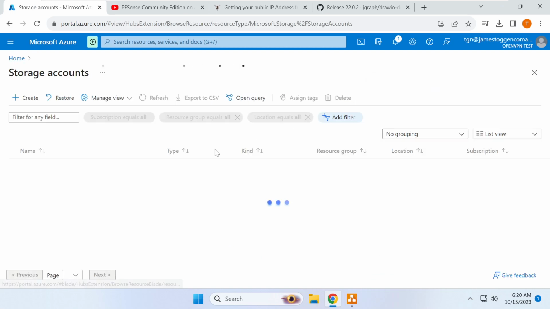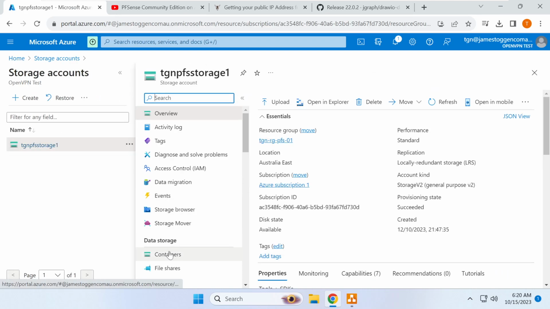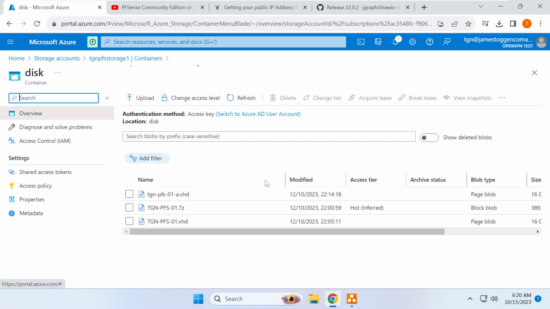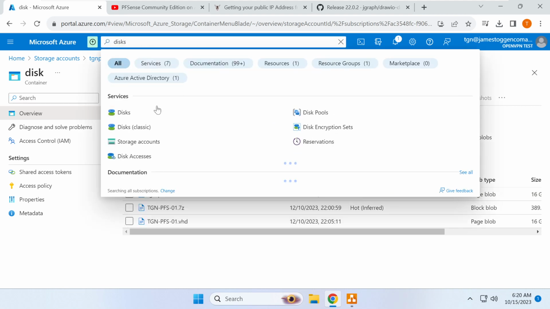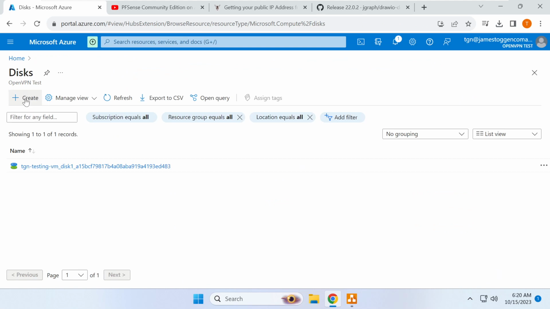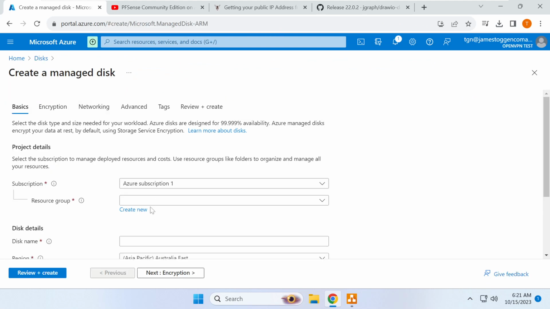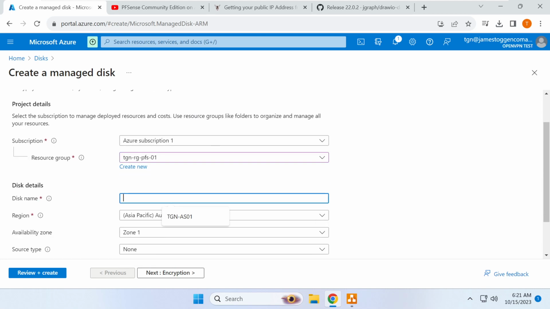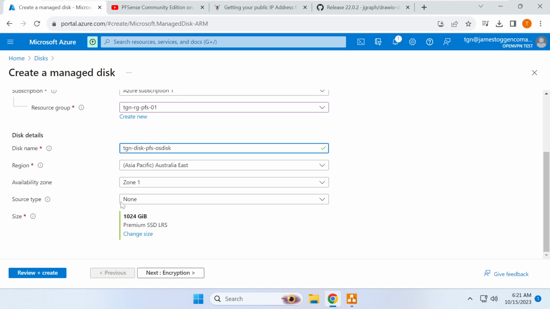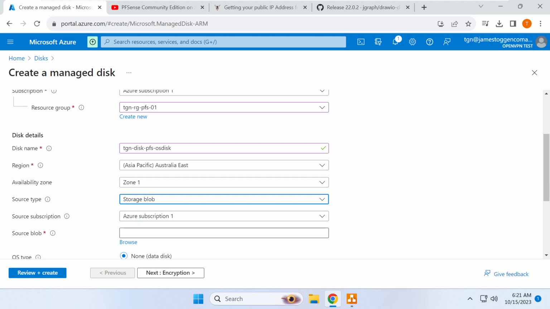So looking at our storage account, as I mentioned, we have a virtual hard drive, a VHD, and this is the one we're going to use. We don't need to do anything from here, but we need to go into disks to start with and use the create button. Let's just be really explicit. Right, so the source for the disk is the storage blob, so we're going to import it